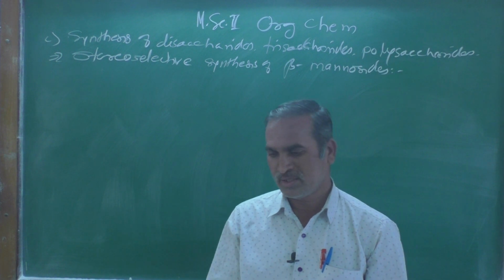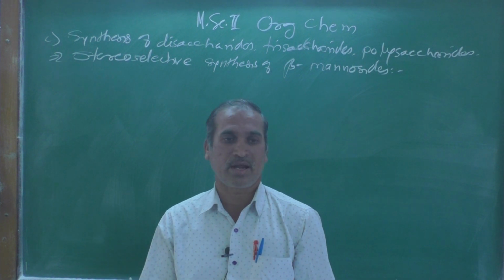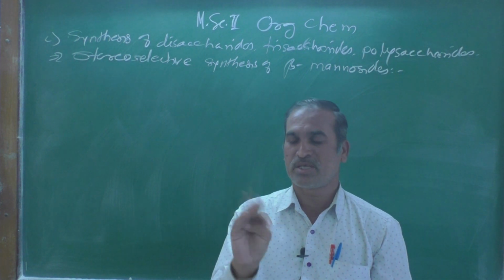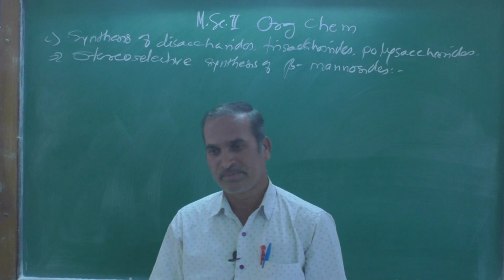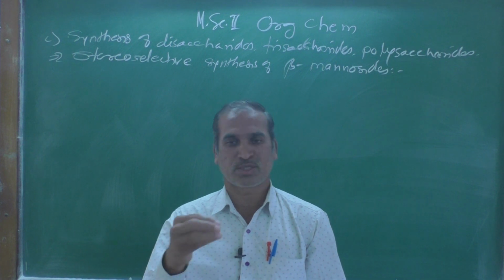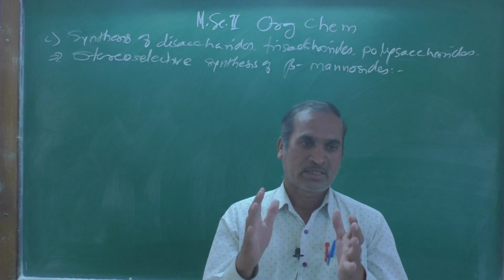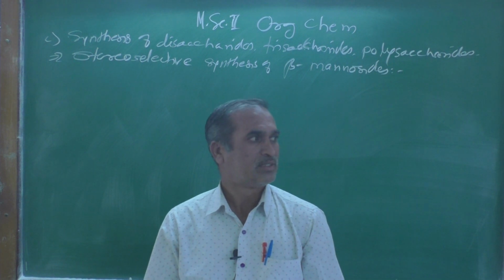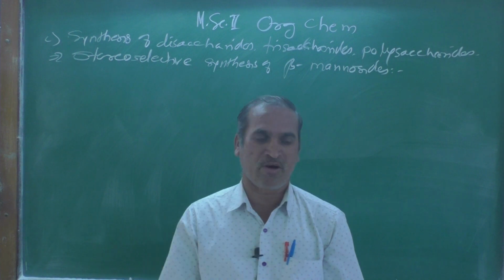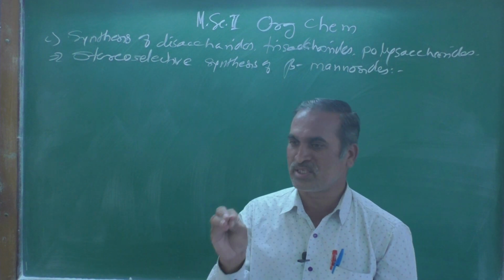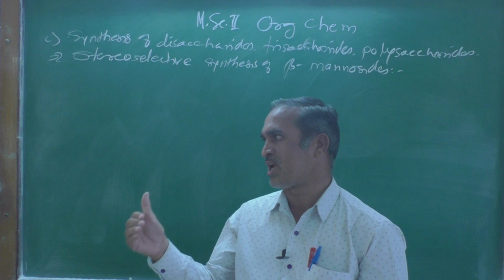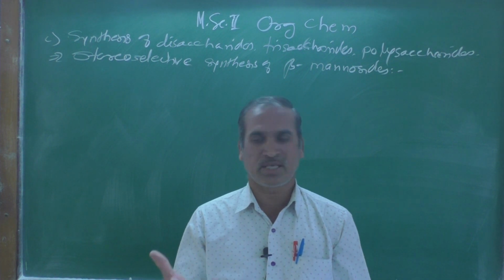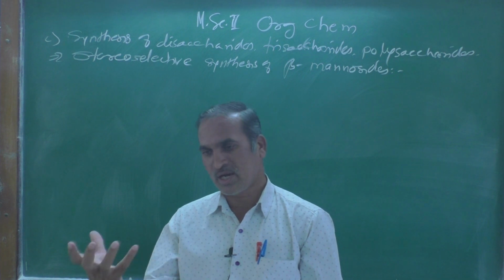And tetrasaccharide: the word itself suggests that tetra means 4 sugar units are involved, and that's why it is termed a tetrasaccharide. After hydrolysis of a tetrasaccharide in presence of dilute acid or specific enzyme, it gives rise to 4 sugar units,